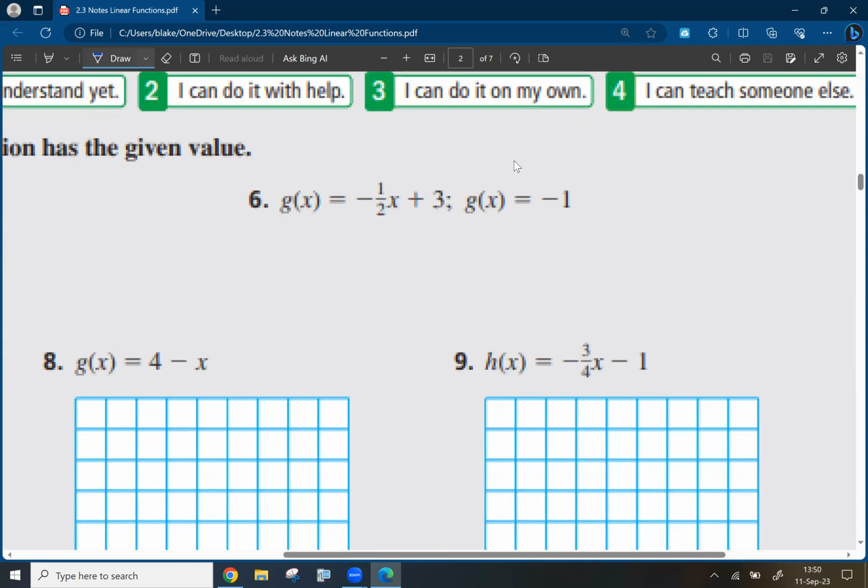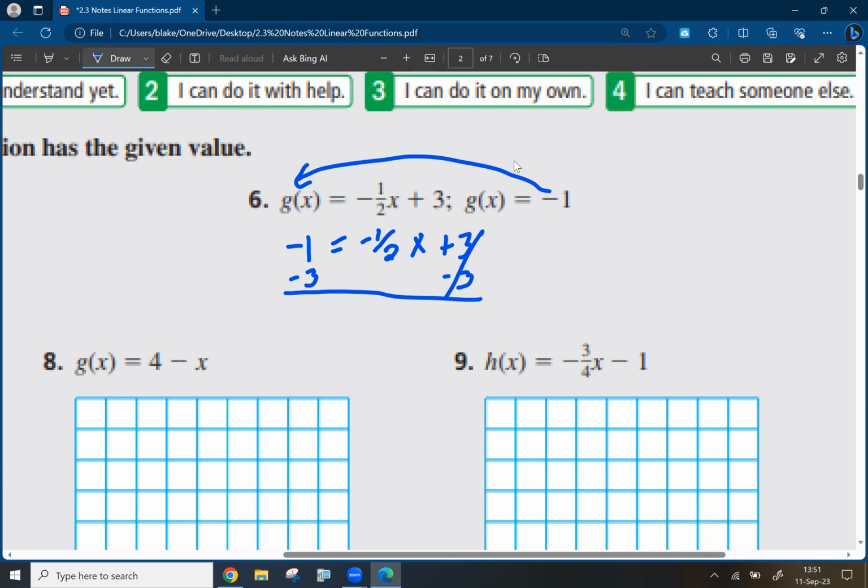Number 6. So g of x is equal to -1. So again, -1 is our y value, or g of x value. So -1 equals -1/2 x plus 3, and we're solving for x. So we'll subtract 3 first to cancel it out. This will leave us -4 equal to